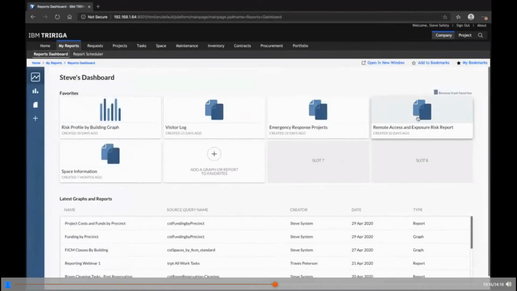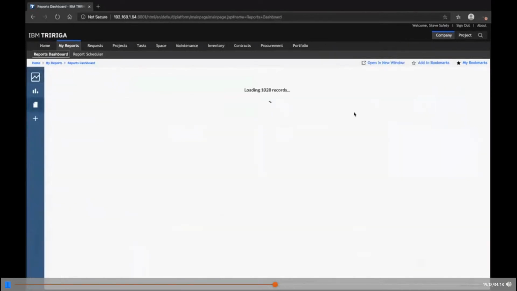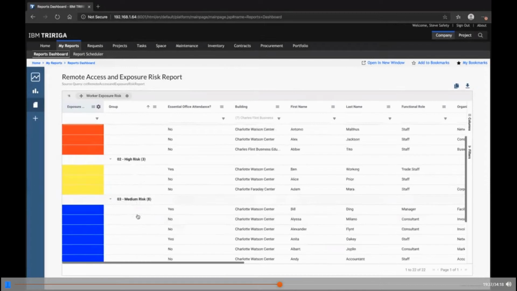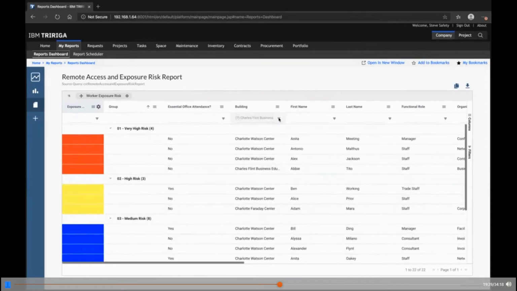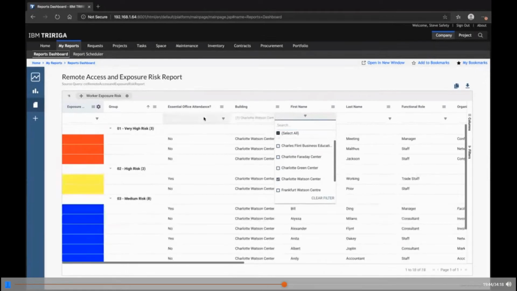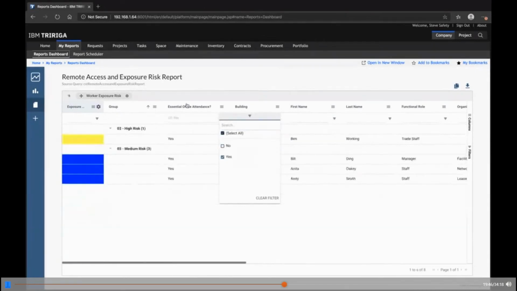Like if we're looking at a particular location and we want to look at all of the employees, maybe there was an employee that called in and said they had tested positive or any other thing like that, we can see, and I just ranked these based off of some OSHA rankings on high risk, medium risk, low risk, but I could easily go in and say, well, I want to see every single person in the Charlotte Watson Center that is an essential office employee. And you'll notice here I have 4 of them, or 6 of them, of which